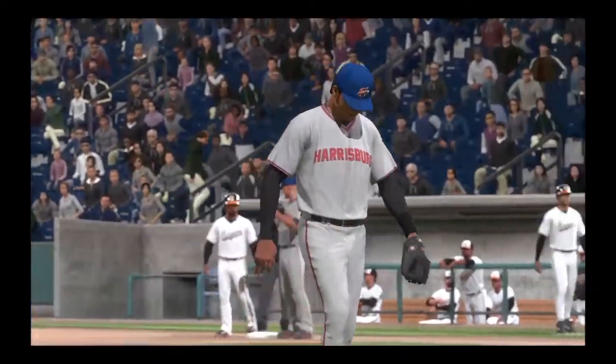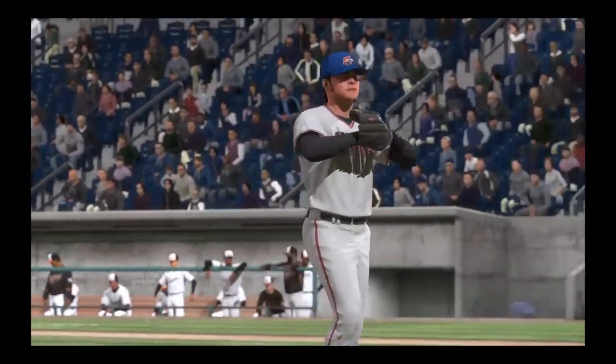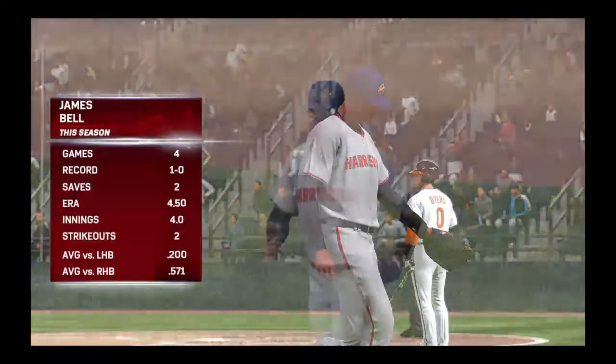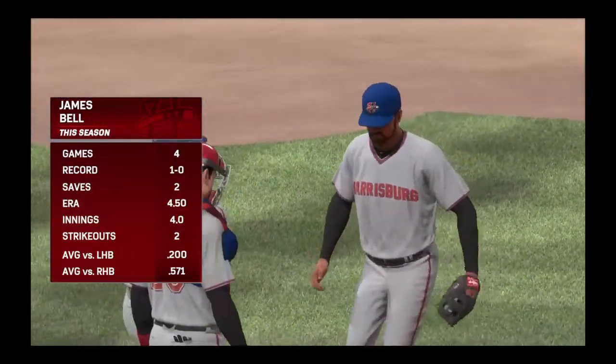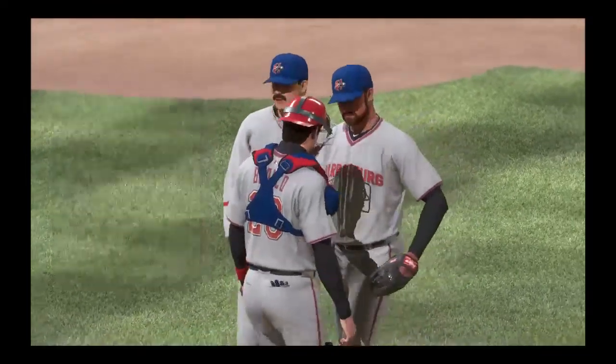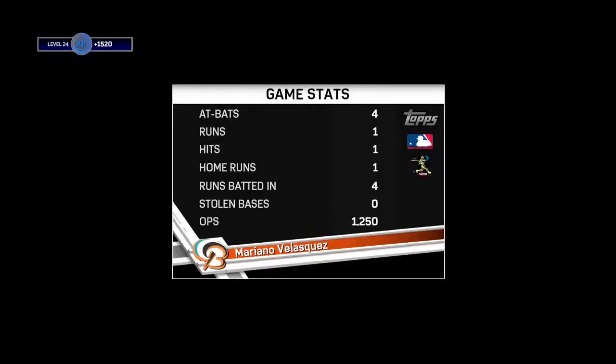Now time called here as here comes the skipper from the third base dugout. And we're going to see a pitching change as that's going to do it for his starter here tonight. James Bell takes the ball now in inning number 9, looking to close the door. James Bell. Well, the man you see right there had a